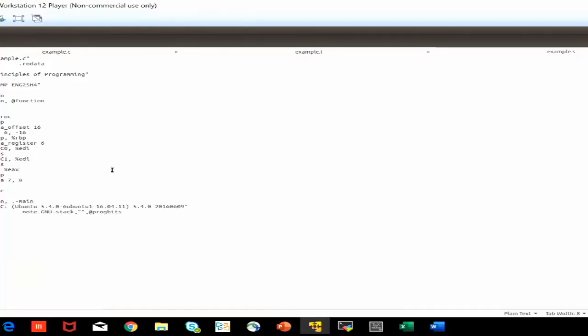If you can read the assembly code here, basically you will find it does some kind of moving something, but then it calls printf somewhere. So this is the assembly code. These instructions are for the bare processor. The compiler knows that I have an Intel machine, so it generates the ISA of the Intel, which has a movl, which means a move of a lower register, and then a call to call something which is printf, and then pop something from the stack. Basically, this is the assembly code. I don't want to go into details on this. You will get it in your microprocessor course. And then finally,